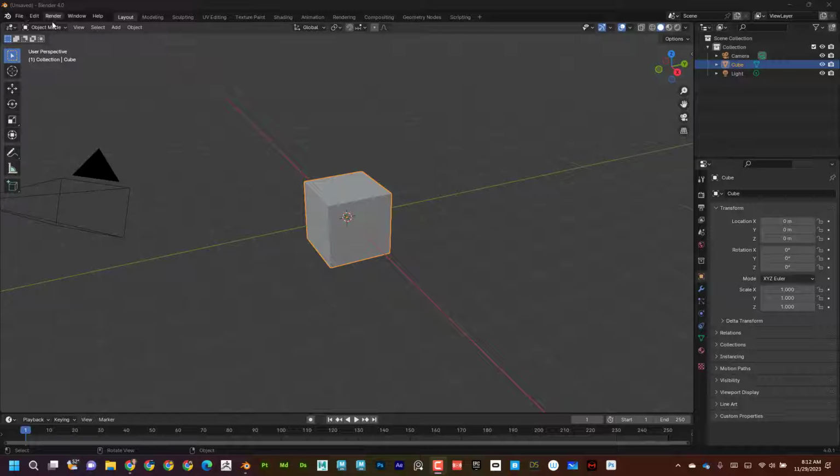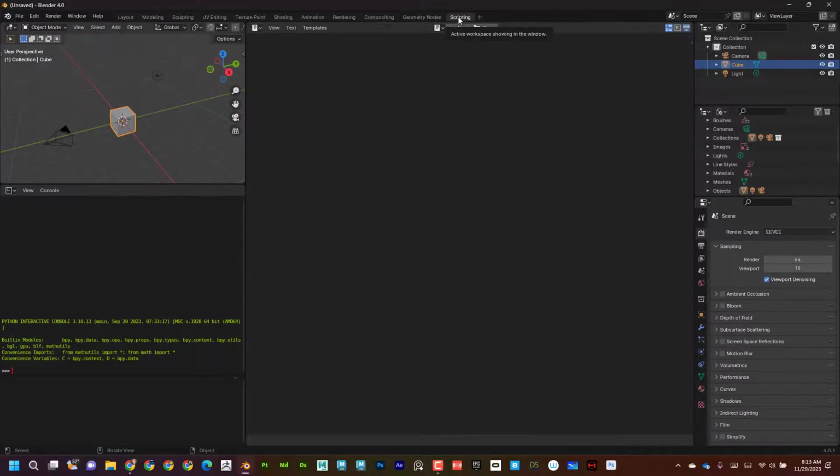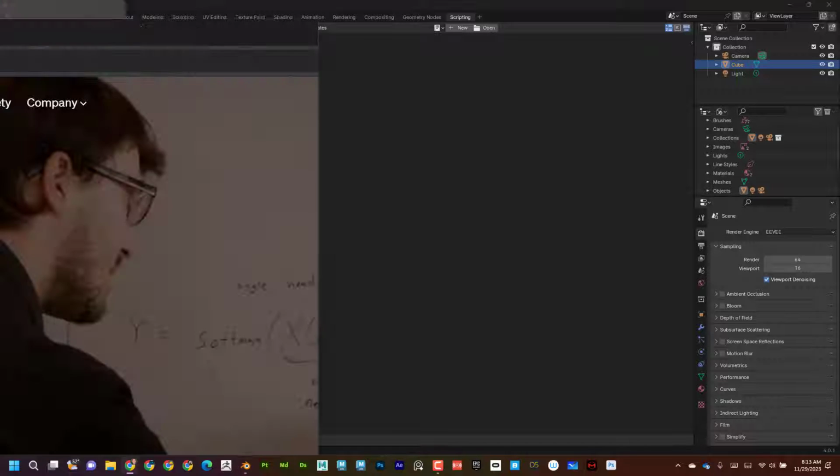So you can see I've got Blender launched, and at the top here, there's a bunch of different tabs, and the tab I'm referring to is the scripting tab. And if I click on that, you can see here's where we can put in code. Okay, now what I'm going to do is I'm going to go to